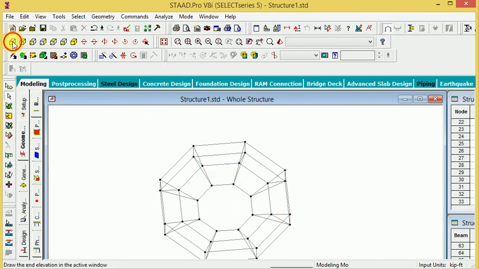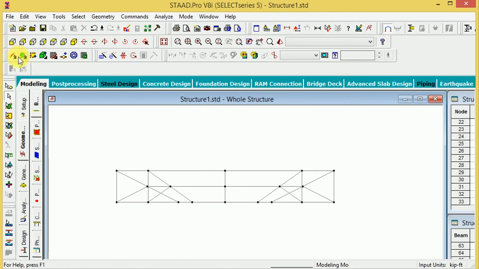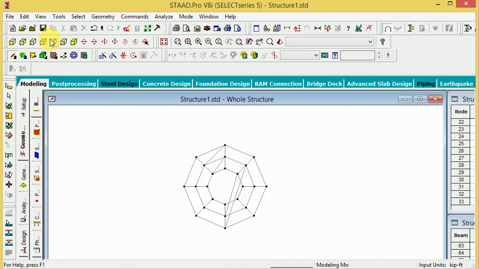Look at this here, this is called the front view. If you want another node to be joined, click add beam and join it directly, continuing. There is no problem here. If you want to join, this is the easy way to join your link here. And next are the other views: top view, right view, isometric view.